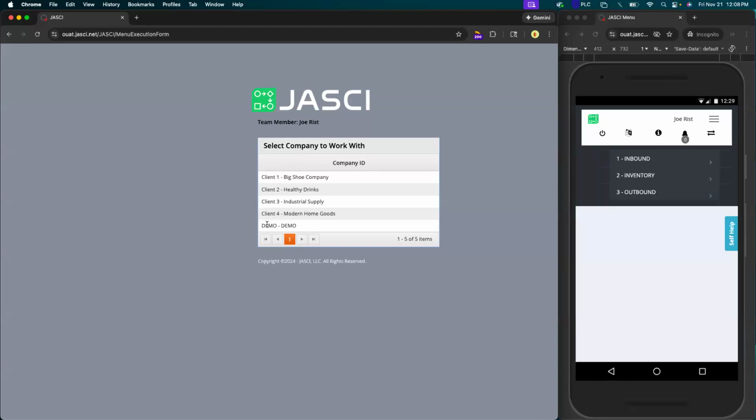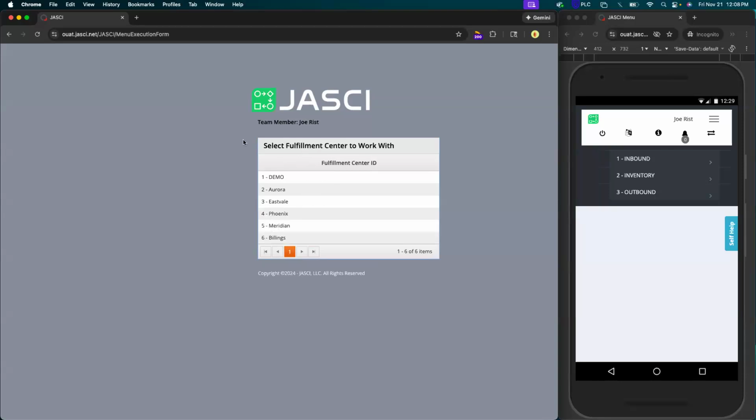Today, we're going to go into my demo client. Now, my user is set up to have access to those several clients, and my user also has access to several fulfillment centers that we have set up within JASCI. So you'll see here the 6 different fulfillment centers that I'd be able to sign into and perform work or